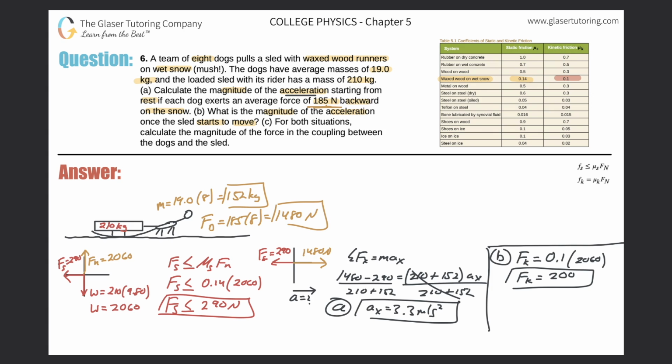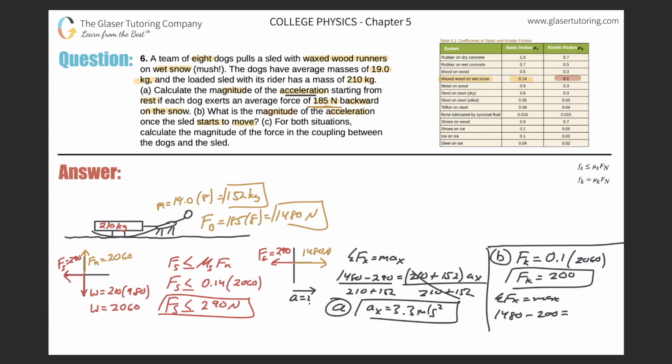Now remember, I took the friction before and used that as the friction for the whole system. So the only difference now is that the friction has gone down. I'm literally going to use the same formula and just change out the frictional value. So the sum of the forces in the x direction is equal to max. The 1480 is still the same. The dogs are still pushing just as hard on the snow. Minus now 200, the frictional force has gone down, equals the mass